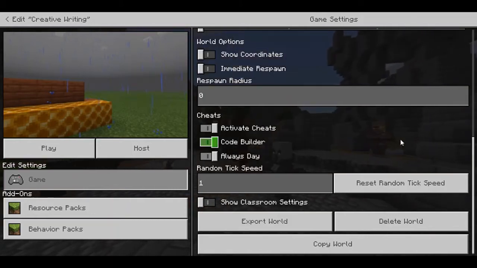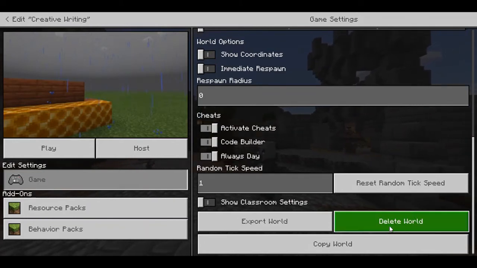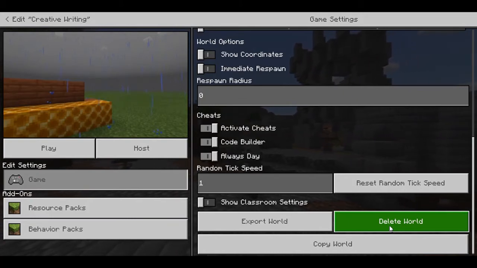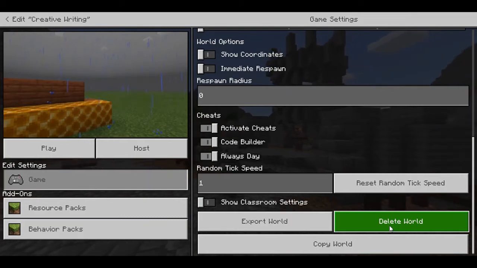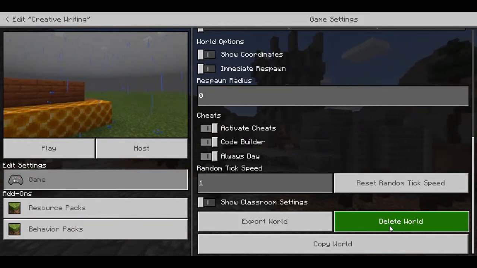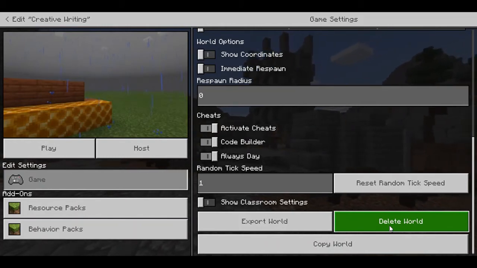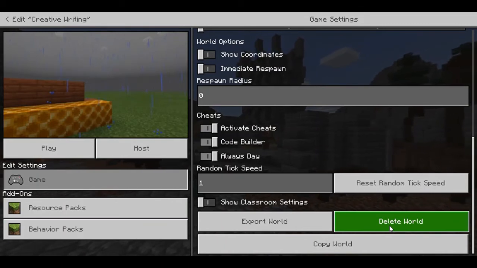If you no longer want the world on a device, you can choose Delete World right here next to Export World. In the game, this is still in the game settings location. This would ensure you or your learners are accessing the most recent version of the world, no matter the device you are using. So now that you know how to export a world you have edited, let's move on to the next topic,